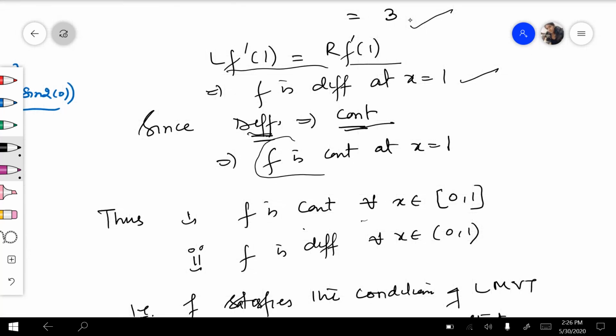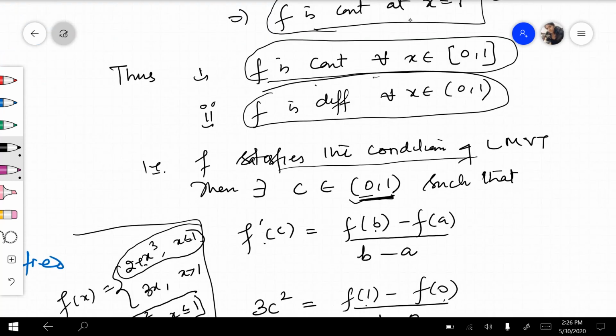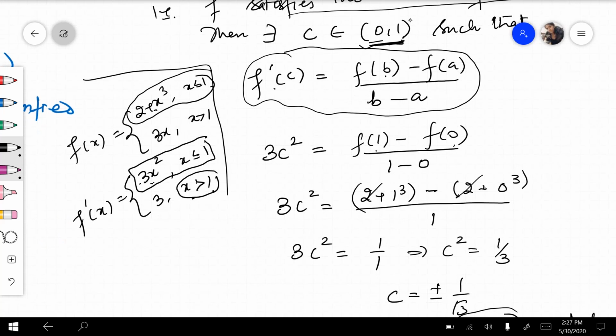तो इससे मेरे पास क्या आ गया, वो फंक्शन जो गिवन था मेरे पास वो कंटिन्यूस है 1 पर, which means f is continuous on the closed interval 0 1, differentiable on the open interval 0 1. यानी कि f ने कंडीशंस को सेटिस्फाई किया LMVT के, तो हमारे को एक ऐसा c मिलेगा जो 0 से बड़ा होगा, 1 से छोटा होगा, जिसपे f dash c जो होगा f b minus f a upon b minus a के इक्वल होगा। f dash c, f डिफरेंशिएबल है तो 2 plus x cube का डेरिवेटिव आ गया 3x स्क्वायर, 3x का डेरिवेटिव आ गया 3। c 0 और 1 के बीच में, और ये वैल्यू उन नंबरों के लिए है जो 1 से बड़े हैं, तो हमें ये वैल्यू को रिजेक्ट करना है।